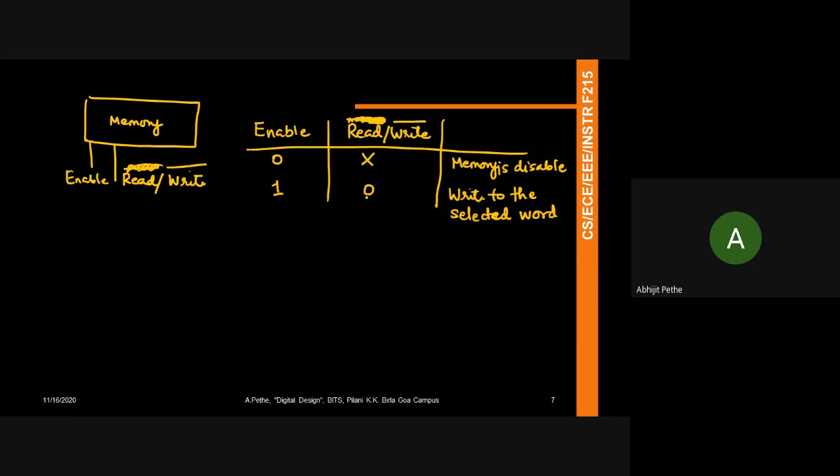In the case of write, I will ensure that the data is ready at the input, and then I will push enable to high, and I will push read write to 0. And in this case, then I will be able to write into this. And if I want to read again, I do this combination of 1 1. So this would then read from the selected word,